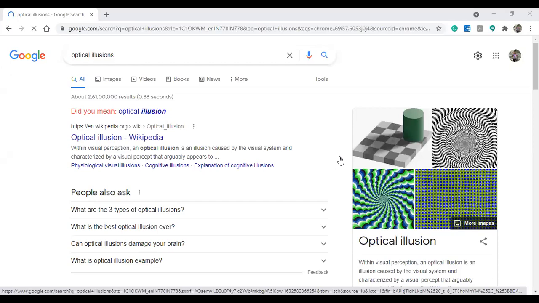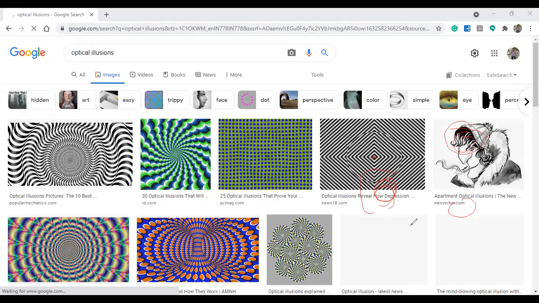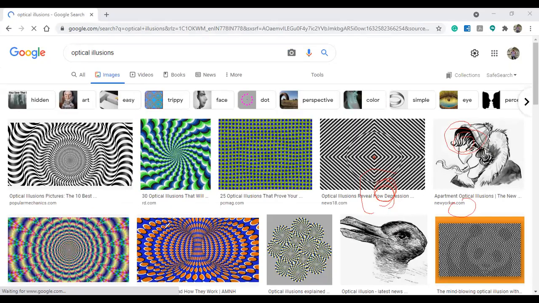So here observe these images. There is no rotation of this thing, but in your eyes it shows it is rotating. It looks like it is rotating. This is called optical illusion. See here some examples. These are all